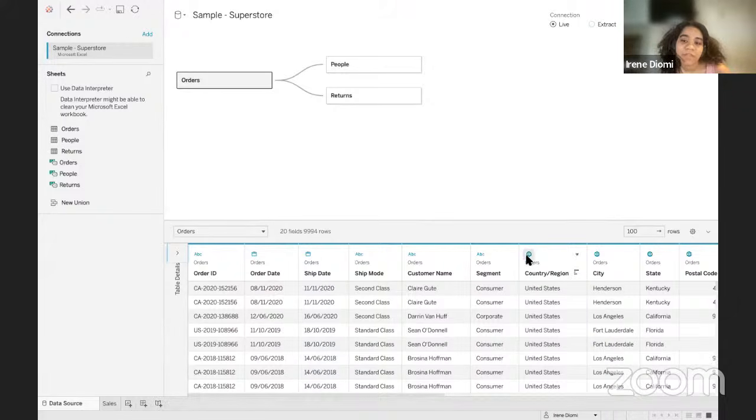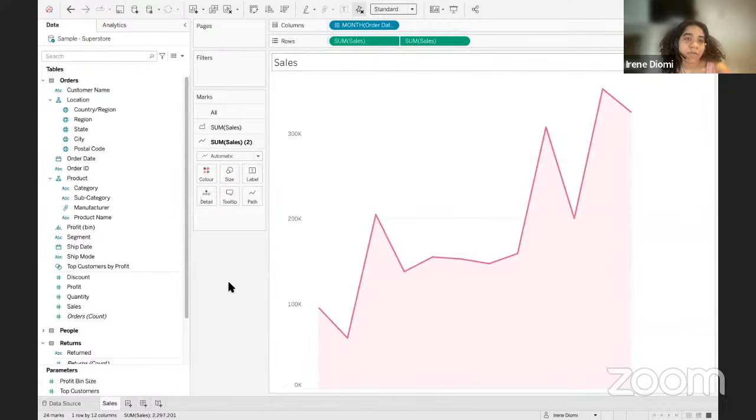Then we have, for example, a globe, and that means that we have a geographical data type. Okay. Then if I go back,